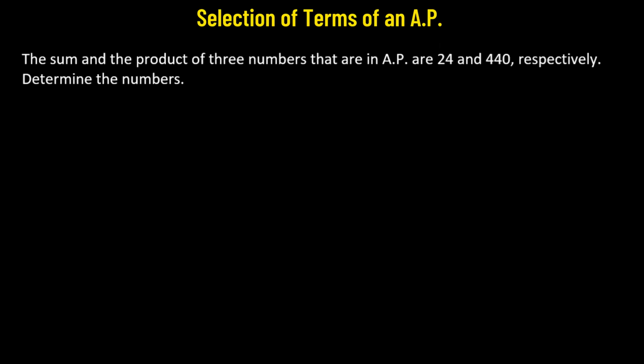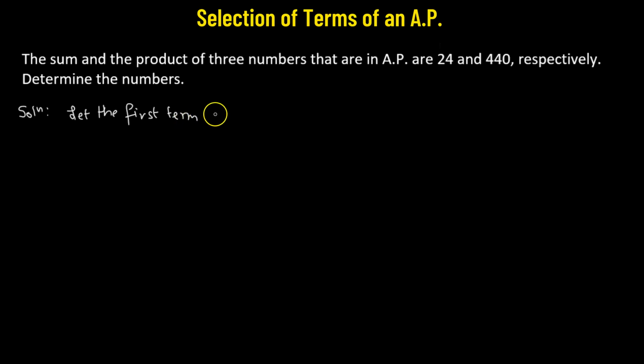So here in this problem, we are given that there are three numbers that are in arithmetic progression. And the sum of these three numbers is 24 and their product is 440. We need to find these numbers. So let's begin. First, we will consider the first term as, let the first term be represented by the letter